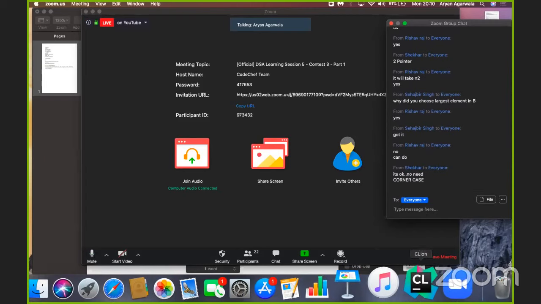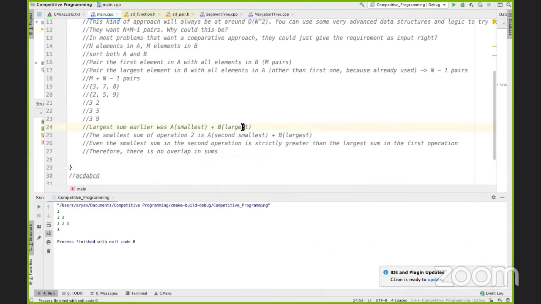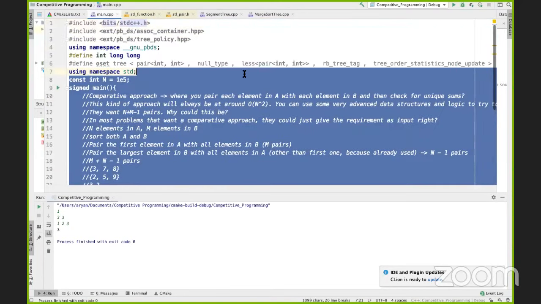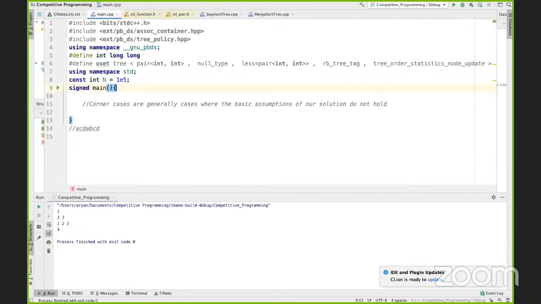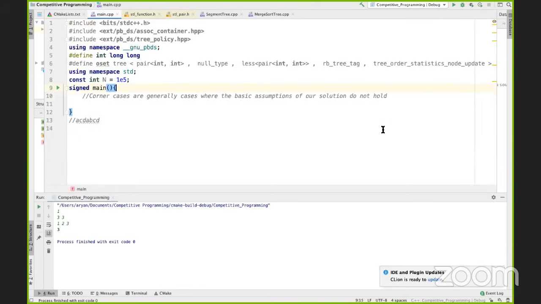Corner case. So usually corner cases are generally cases where the basic assumptions of our problem, of our solution, do not hold. So I'll give you an example. How should I give the example? I can't think of any problem as such where there is a corner case, but you guys have